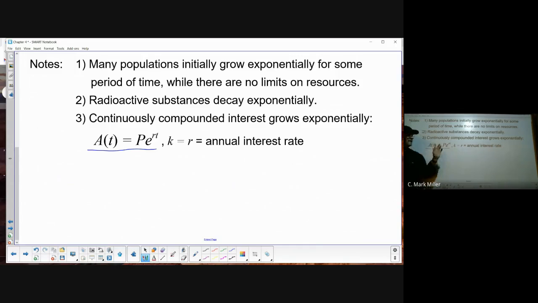In the continuously compound interest formula, your growth constant is your interest rate. And so if you're told that